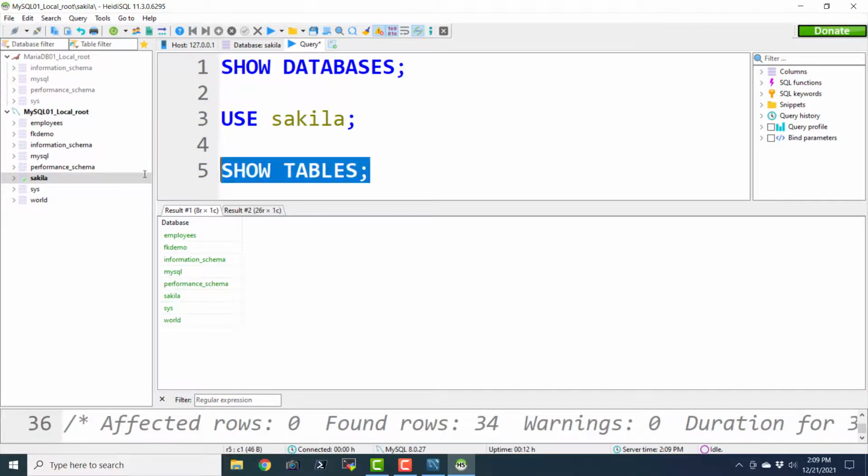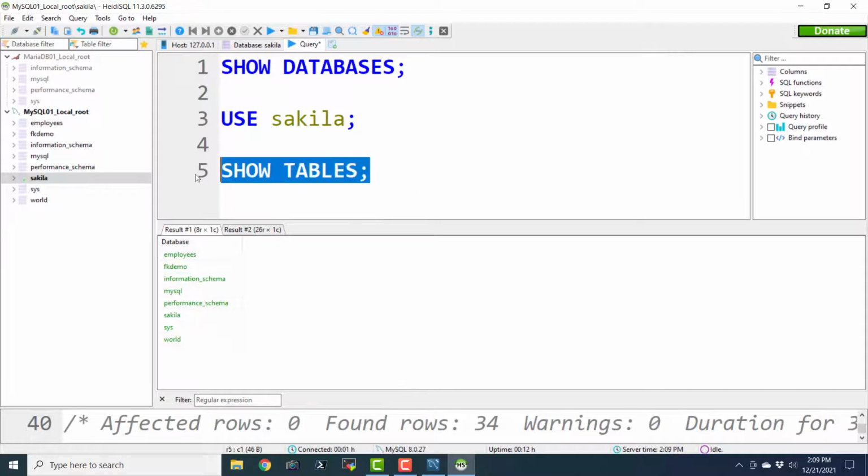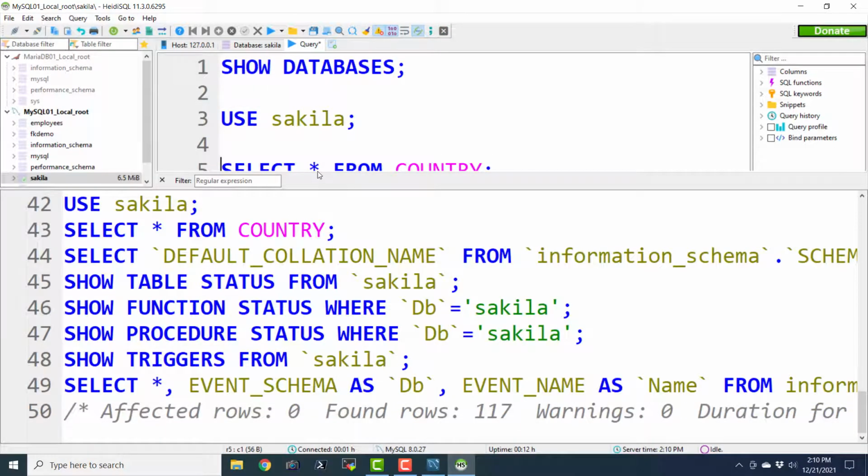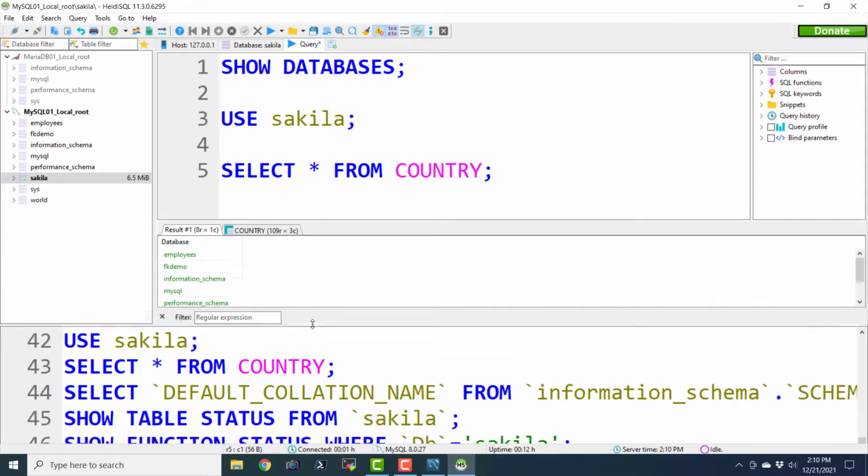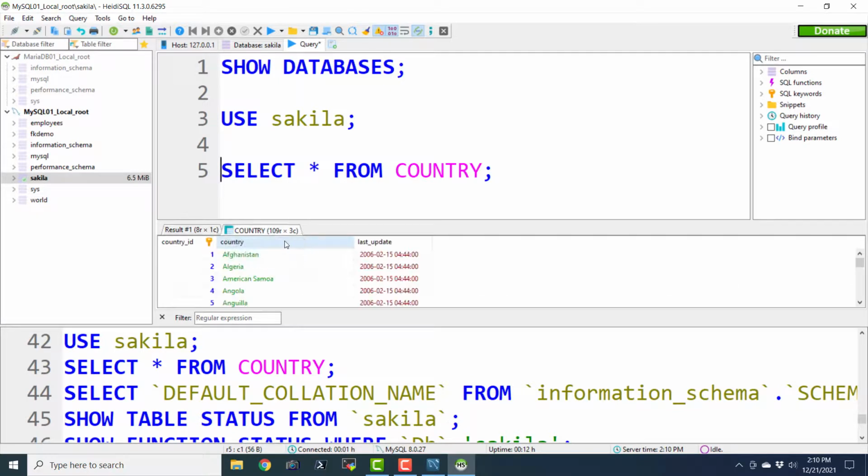okay, so it is not showing actually tables because there must be some problem. I don't know. We can check. We can say select star from country. We can select data from any table like this. So I'm not actually able to see the result. So probably it actually requires, okay, so the result is here.